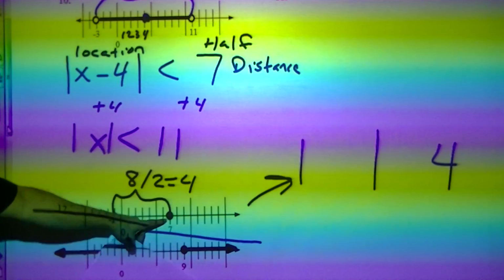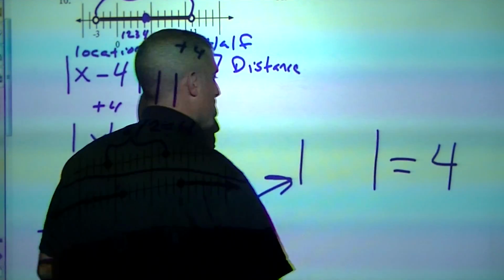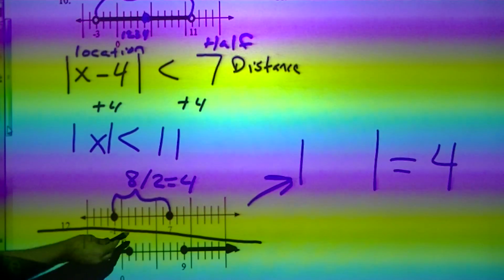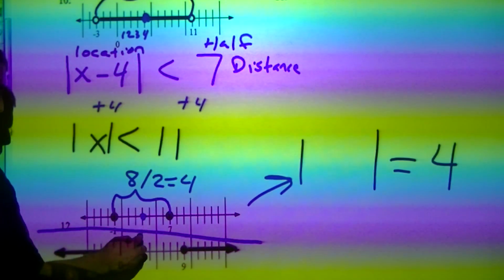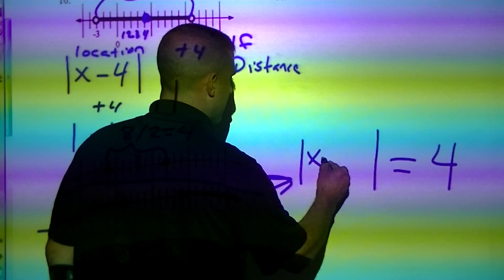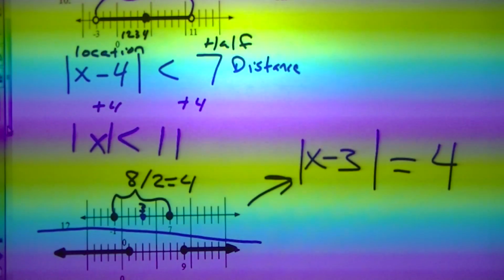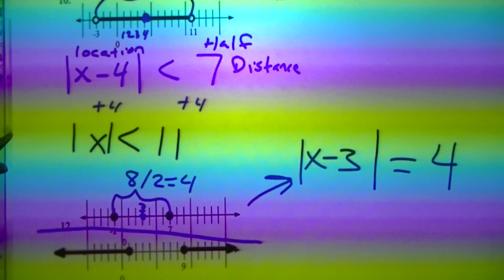Now, since I have the two dots, that's an equal sign. I don't have to worry about the inequality. Now let's find my location. 4: 1, 2, 3, and 4. Okay, that's at 3 right there. So that's going to be x minus 3 equals 4. Okay? For this inequality